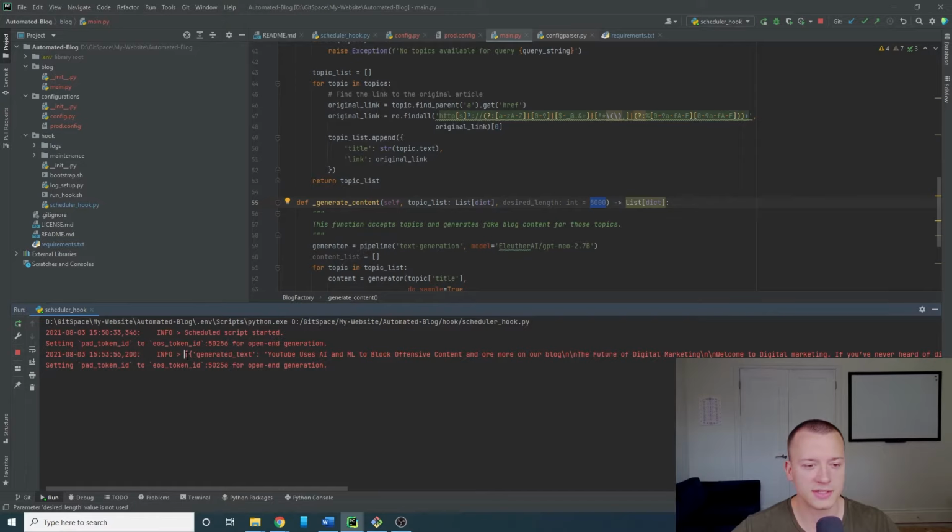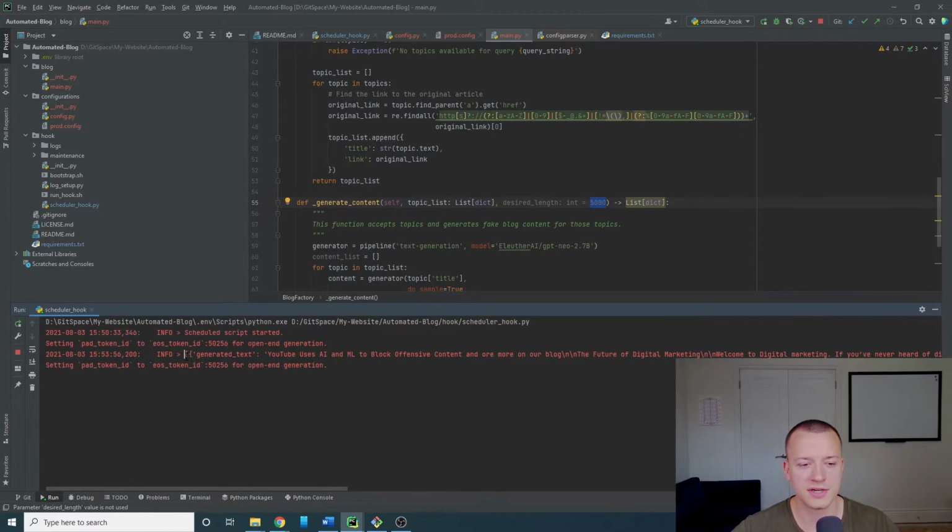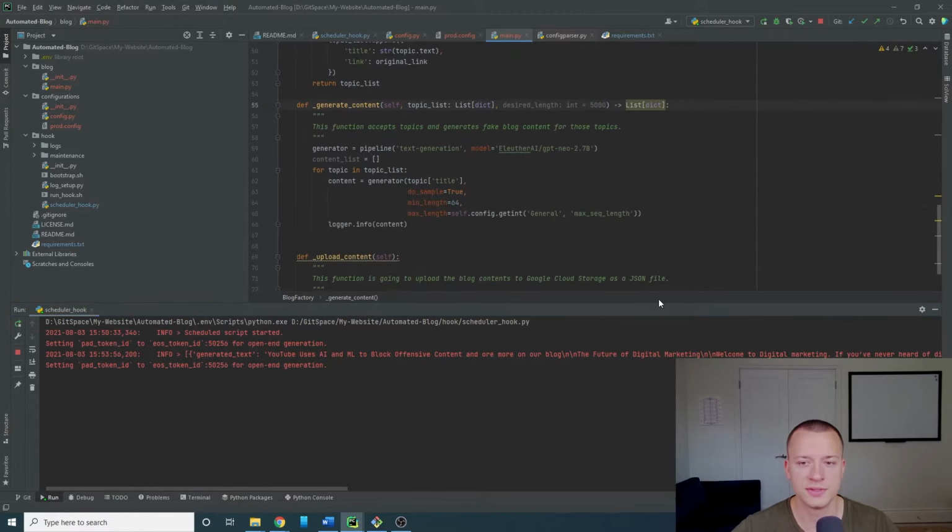We can look here. We've got a list of dictionaries, it looks like, but there's only one dictionary in this list. So what we're going to do is access the first element in the list, and then access the generated text component of the dictionary, and that'll be how we access our final content. So now from there, we can move on to